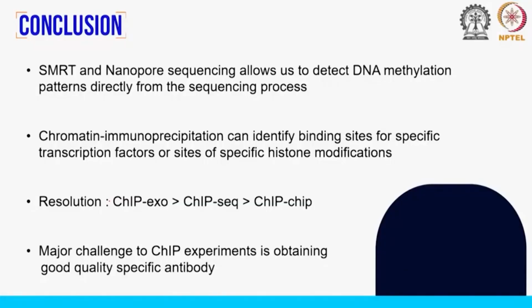And one of the major challenges to ChIP experiments is obtaining good quality, specific antibody. As I said, you need to have antibody that is specific against the target. If you have non-specific interactions, that can bias your results. So, this is a challenge for